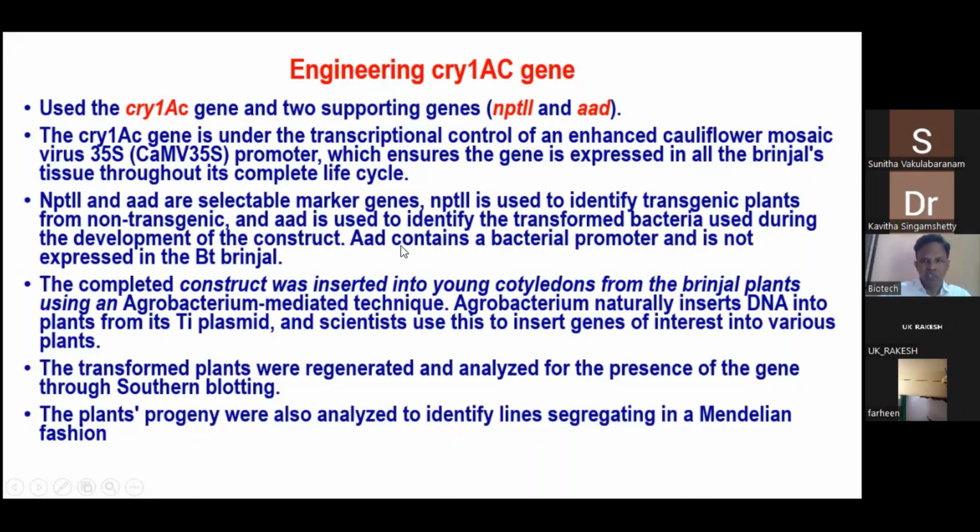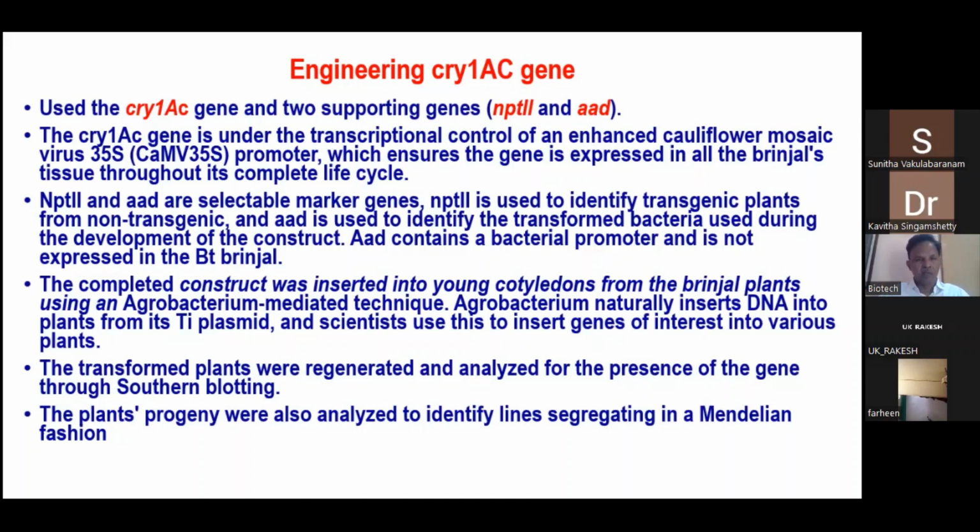is introduced through Agrobacterium tumefaciens into crop plants. In this case, cotton plant as well as into brinjal plant. So what happens is brinjal and cotton plant will start to produce crystal protein. So when the larva starts to eat the leaf, the fruit, they die. Okay. Now students will get one